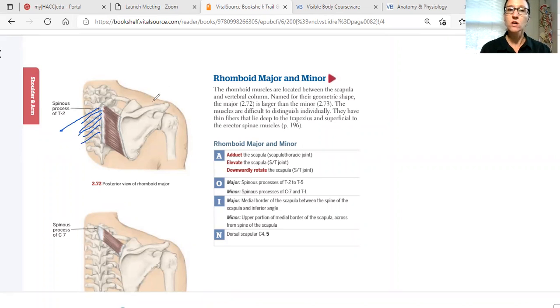I'm going to make it green because that's what I want to do. So when I draw it like that, when you see the rhomboids on both sides of the body,